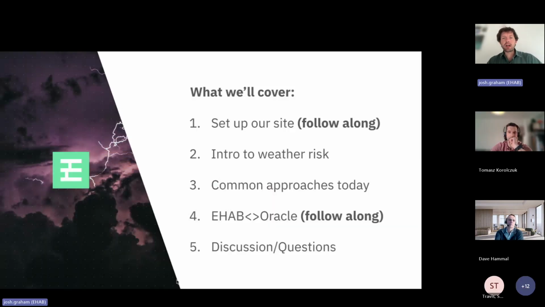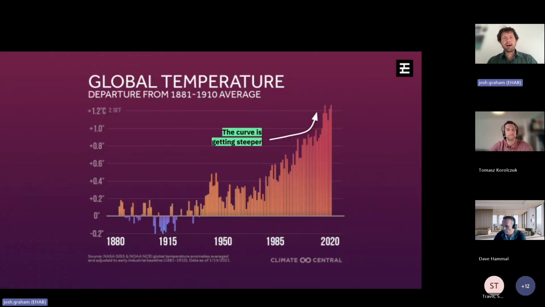We've already covered it, but we're going to go through steps that if you have access to EHAB and Oracle, you can follow along, although we're going to be doing a future session where we're going to actually have a setup where you can fully walk through this. So probably best to just keep an eye out for that session, because it requires a little bit more setup.